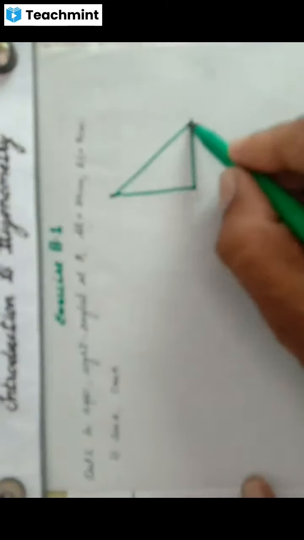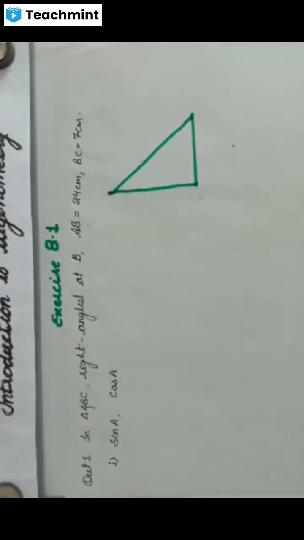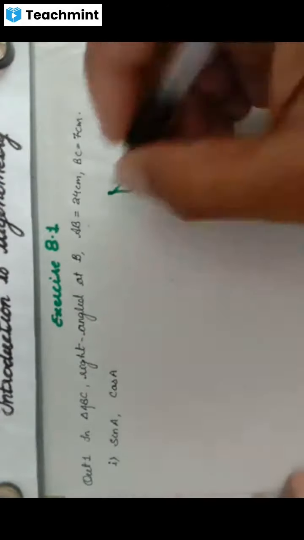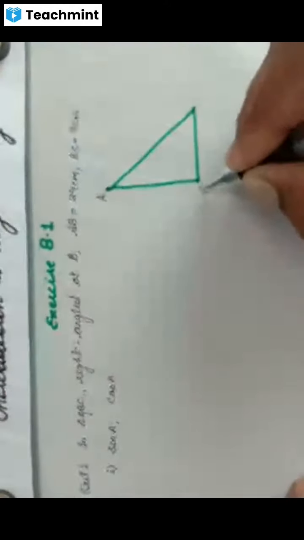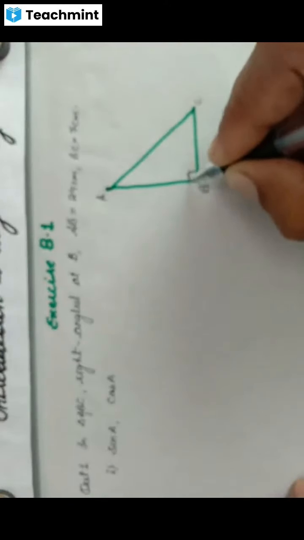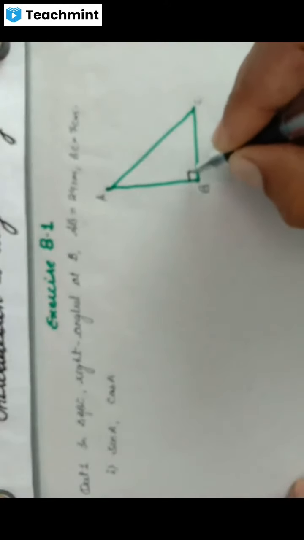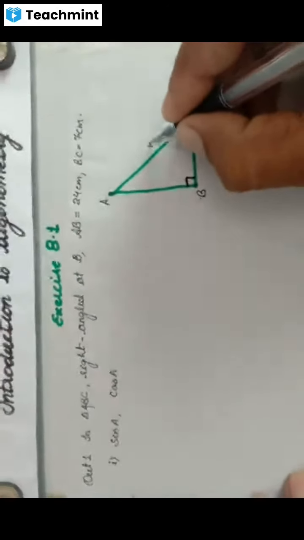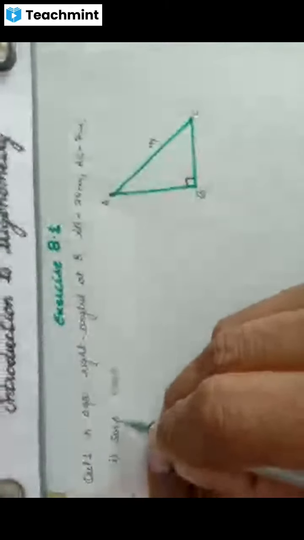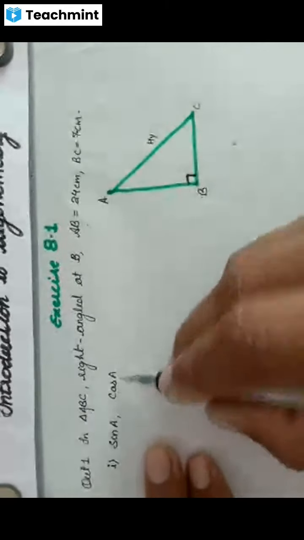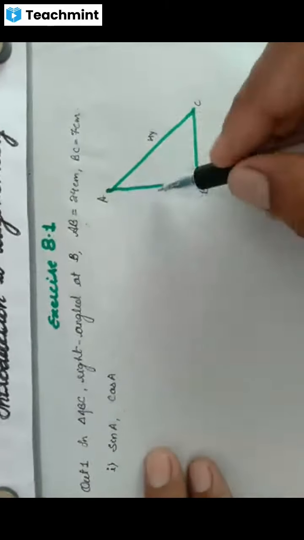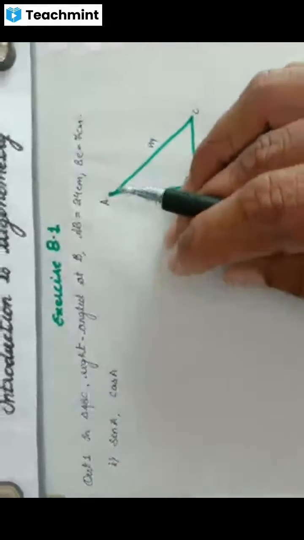I am going to draw one triangle to explain this. We have a triangle, and the triangle is our ABC triangle. In this, B is 90 degrees. So I have kept A here, B here, C here. It is our 90 degree. If 90 degree is mentioned, the side in front of it will obviously be the hypotenuse. Now if theta is at the place of A, then it will be base, but the formula will be different.